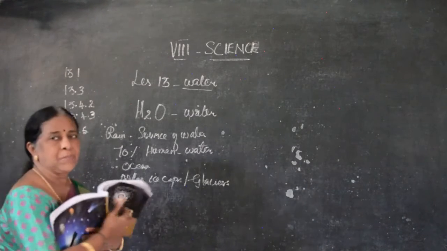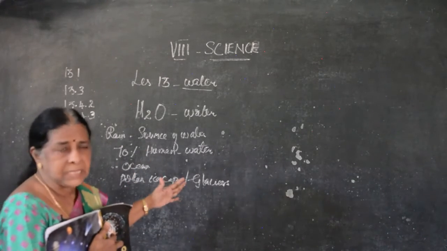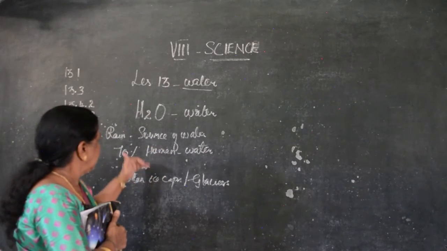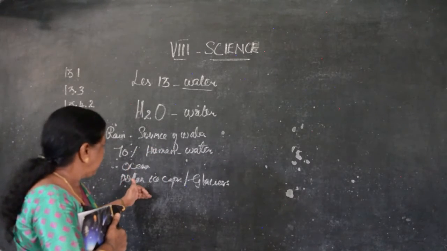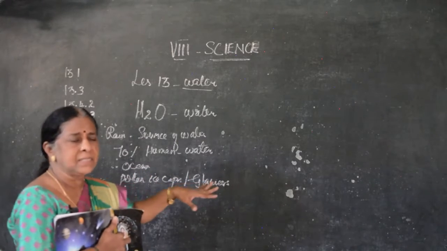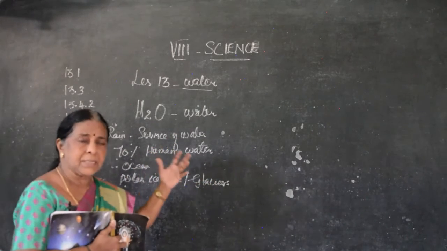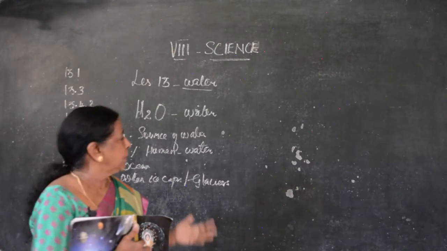So first we have to say water is very important to us, as I said already. What are the sources of water? Rainwater, sea water and ocean water, polar ice caps, that is glaciers. Wherever snow has melted and deposited on the regions, while it is melting, it becomes water. So spring water,